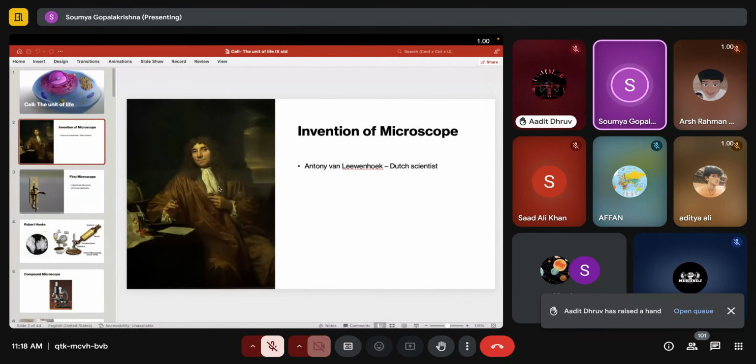Okay. Now, who was the first person to discover, invent the microscope? A Dutch scientist. Basically, he was a lens grinder. He used to grind glass and he had a hobby of making different kinds of lenses. Okay, what is a lens? A lens is an object which is used to magnify objects, right? So it is made from powdered or ground glass, and we use the lens for magnifying the objects.